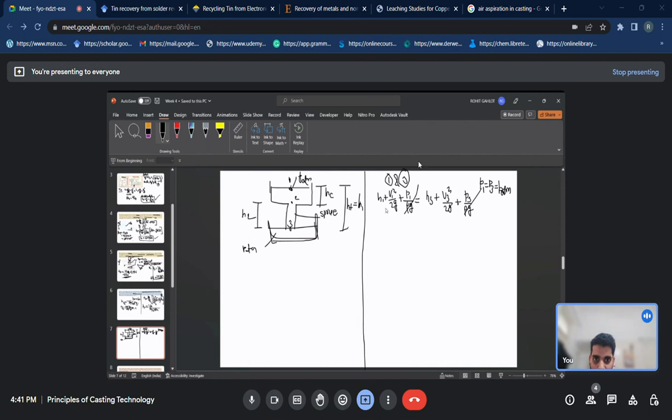And v1 will be equal to 0. So from here you will get v3 as root 2gh1, right? If a straight sprue is used, v2 will be equal to v3. Now if you apply the Bernoulli equation between point 2 and 3,